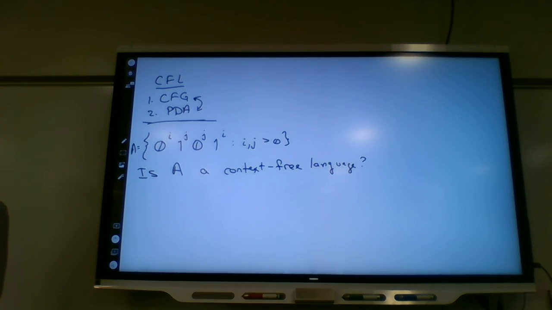Pick some strings and figure it out. I'm going to see if we can generate strings, either by building a grammar for it, or can we describe a pushdown automaton?